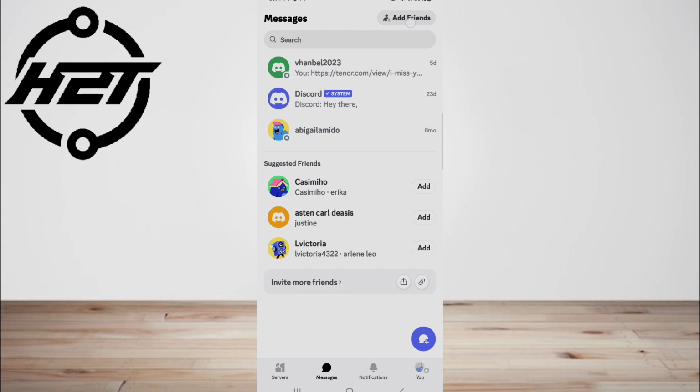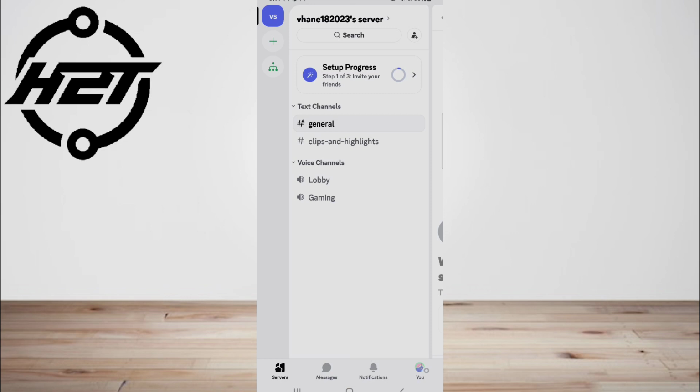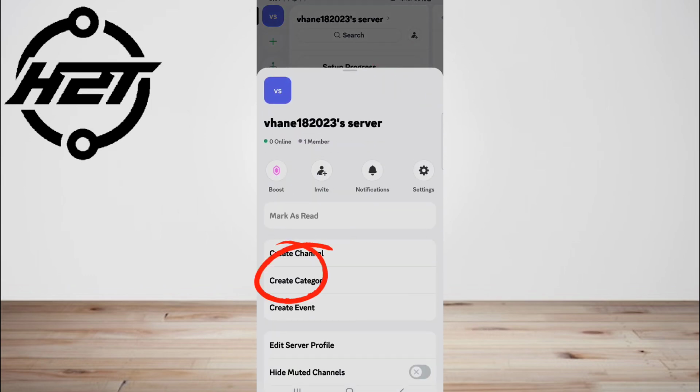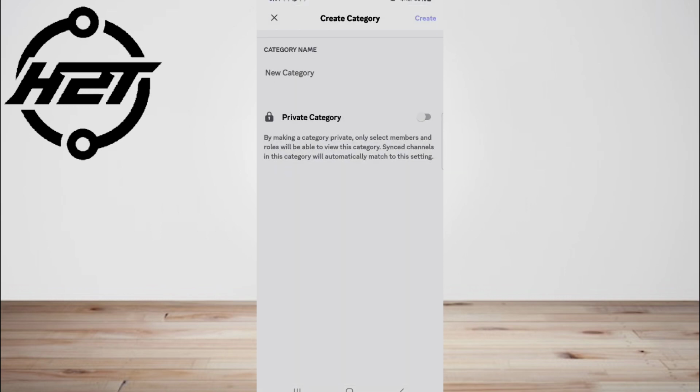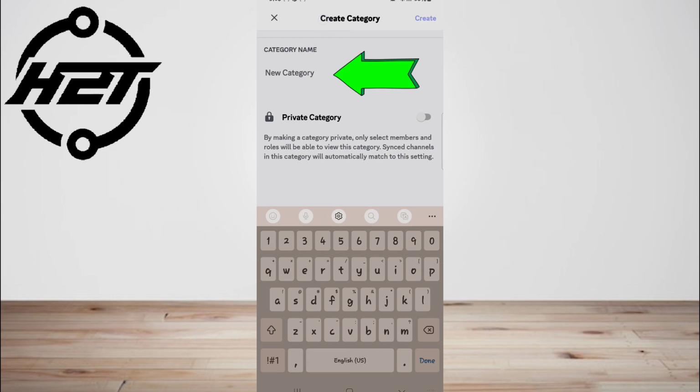To add a new category to your channel, open Discord app. Second, go to your server. Then, click the three dots icon. Next, pick the Create Category option. Finally, enter the name of the category and confirm by pressing the Save icon. Excellent! You have created a new category on the Discord server.